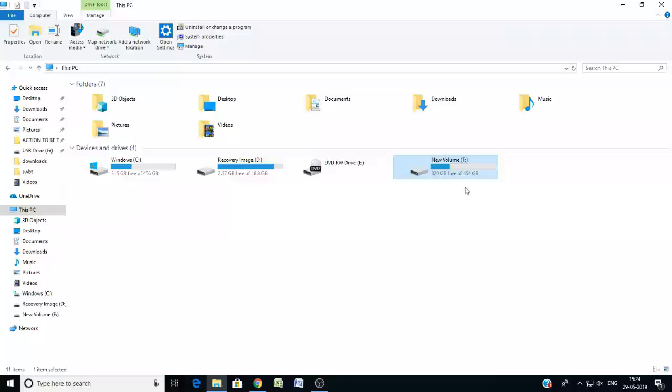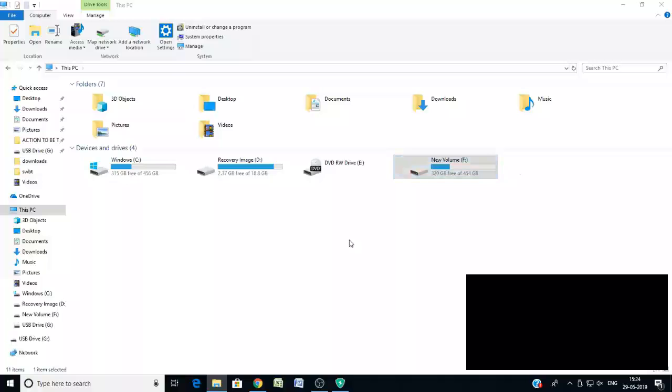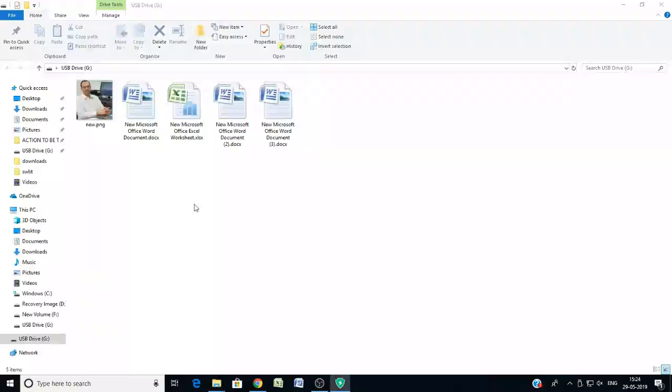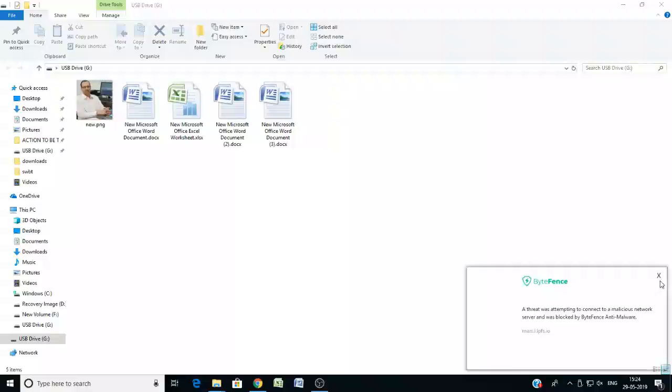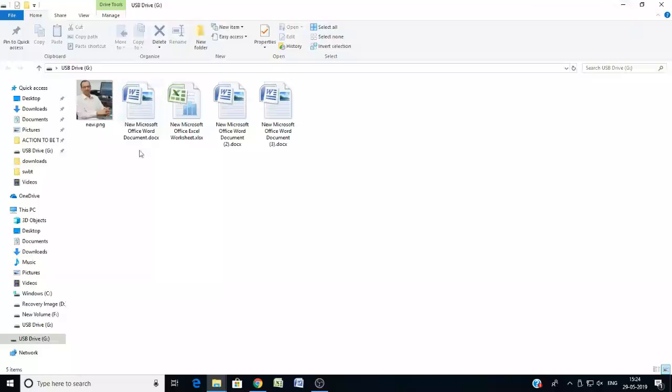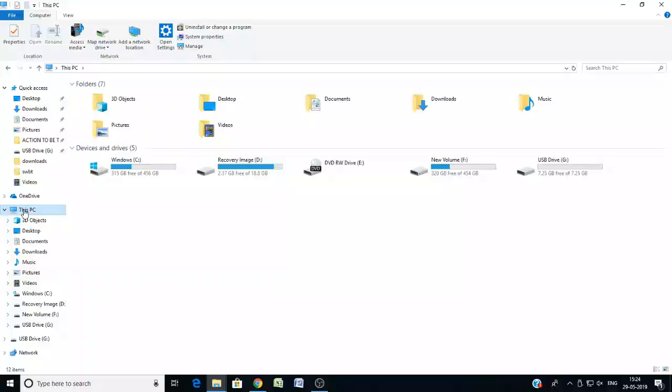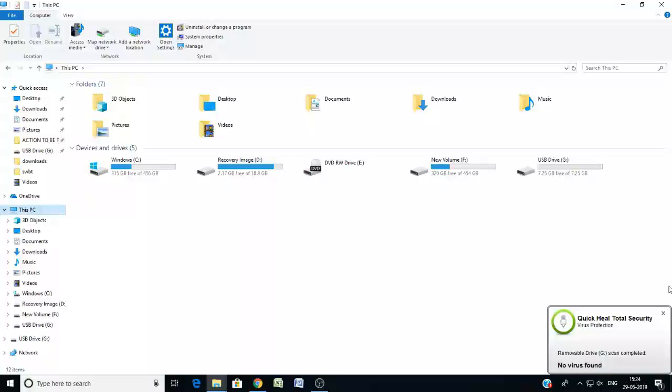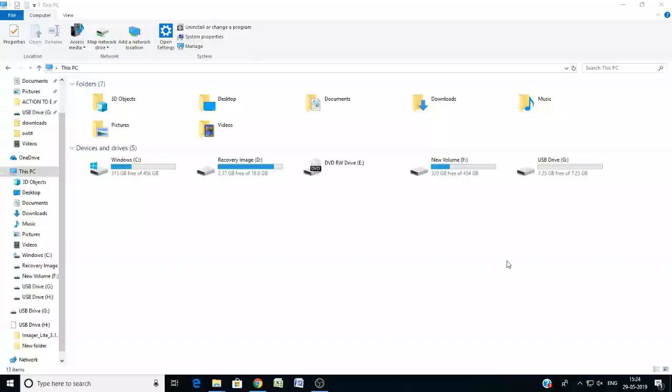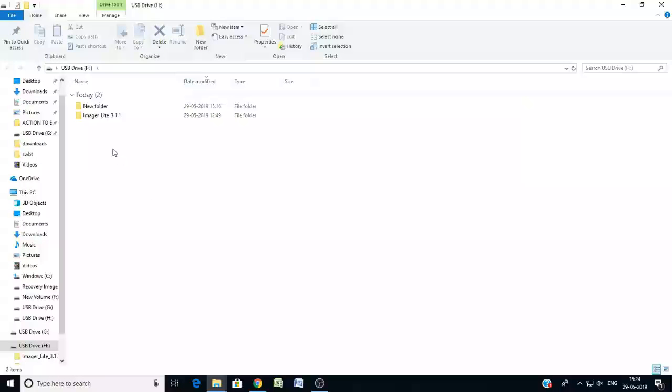In this example, we will take a pen drive to show how we can do the imaging ourselves. We will install a pen drive, this USB G drive, where we have these files, and we want to image this whole drive. So we will use our own personal pen drive, in which we will have a software called FTK Imager.